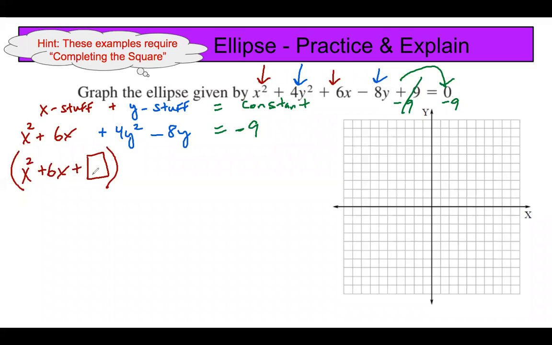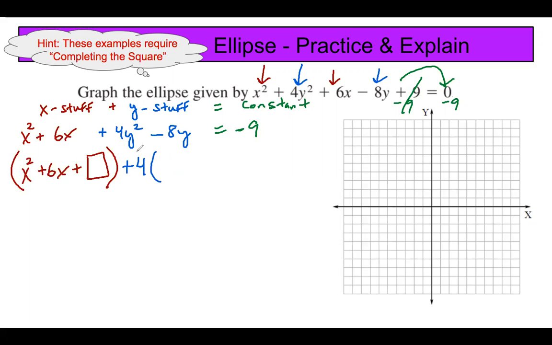So we're artificially manufacturing a trinomial. So now let's work on the y stuff to make a y trinomial. So we're going to have plus, however, if there's a coefficient other than 1, okay, notice that x didn't really have a coefficient. It was a subliminal 1. Since the y squared has a coefficient of 4, we have to factor it out. So I have to factor out the 4,